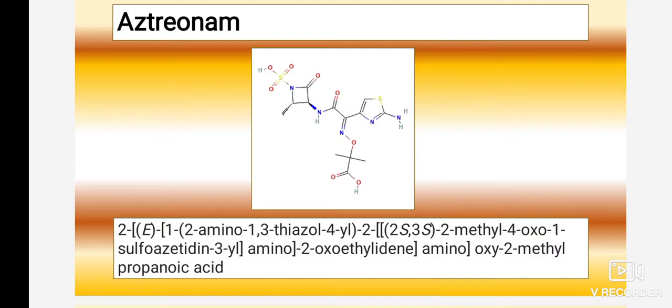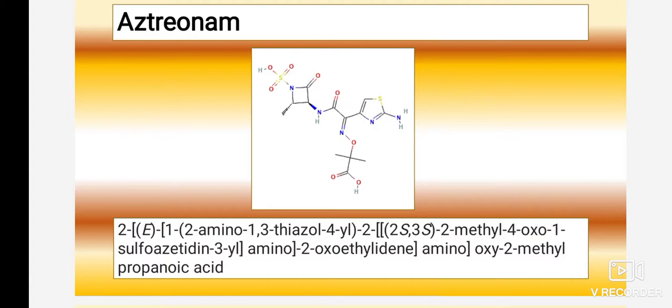Okay, and then there is a ring which is a 4-member ring, and that 4-member ring is known as a beta lactam ring. That beta lactam ring is the general name of that ring, but as per IUPAC nomenclature it is the azetidine ring, as per the nomenclature rules for the heterocycles. In that rule you can find that a 4-member ring containing 3 carbon and 1 nitrogen, without any double bond, is azetidine. So it is an azetidine ring, and there is a presence of an SO3 group. So it is a sulfoazetidine, and to that sulfoazetidine ring the substitution is carried out.